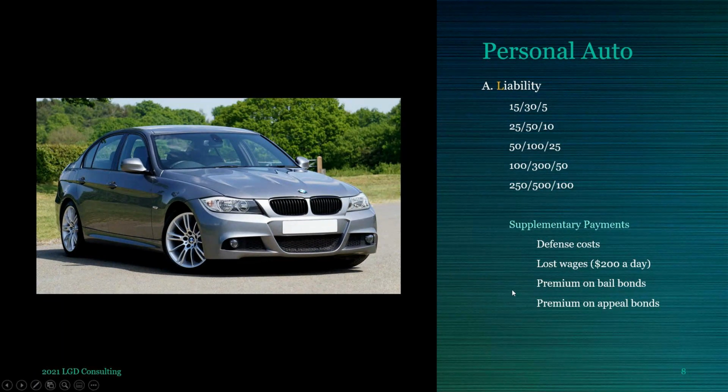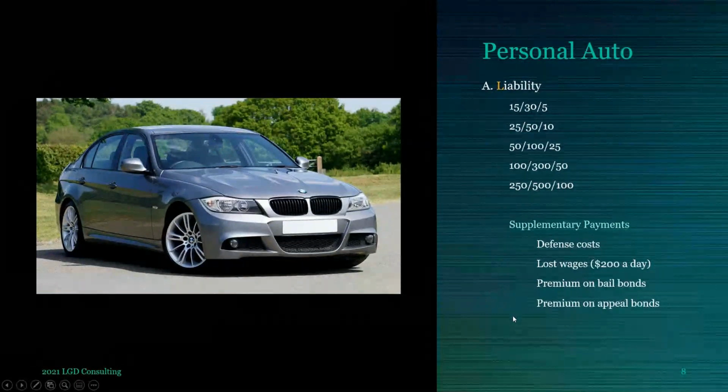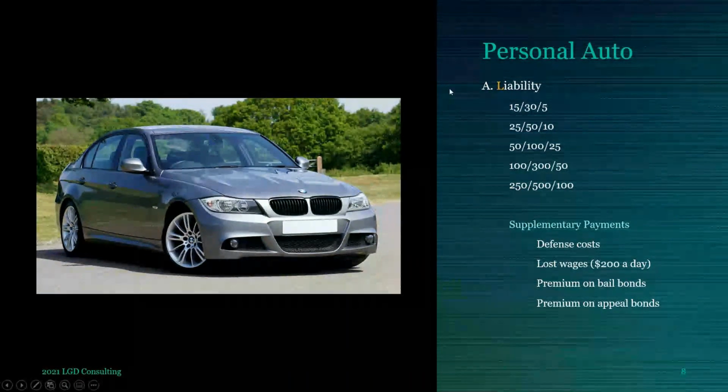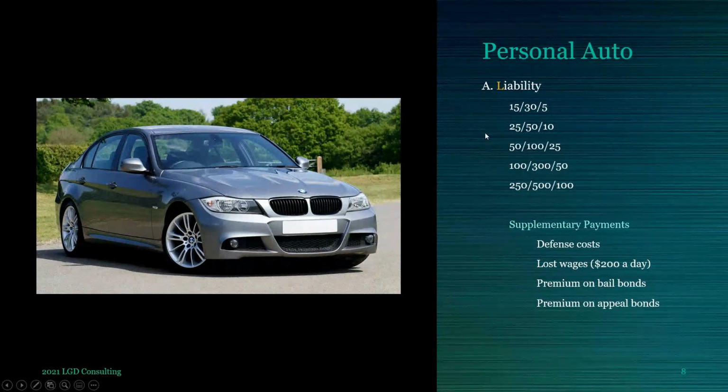And if perchance they lost the case, then you get the appeal bond because you're going to appeal it, take it to the next level. You get the bond and they'll reimburse you, so premium on appeal bonds also. Okay, but it's kind of cool that people don't realize it. Not only are you buying the insurance limits that you chose with the insurance company, if you did hit somebody and they sued you, you're also in a sense purchasing the insurance company's legal defense team to defend you in a case against you. Maybe offer a settlement to reduce the claim, defend the claim if it seems fraudulent.